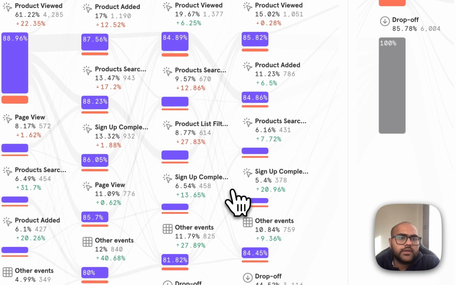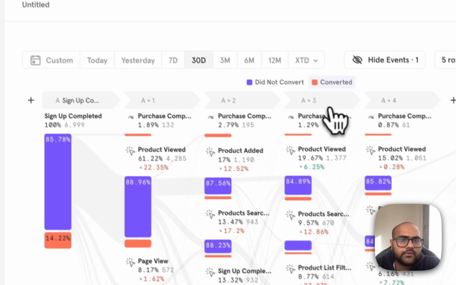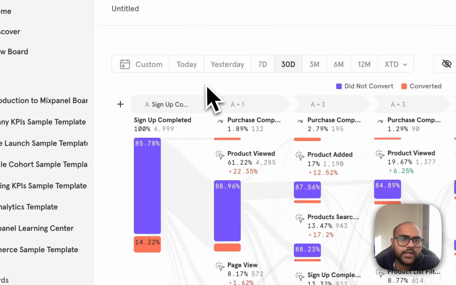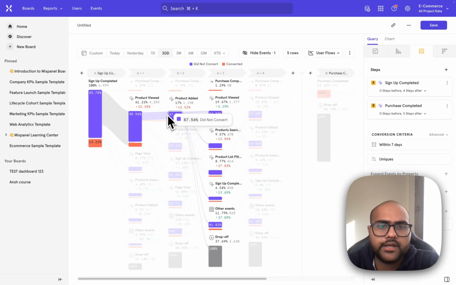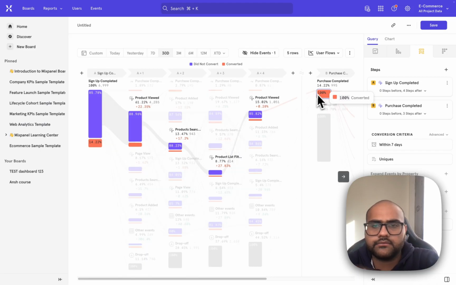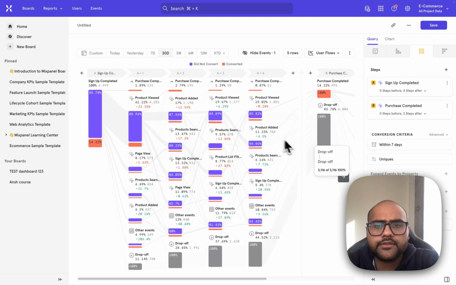Okay, great. So this is what we see. Converted is in orange, so you can look at orange. Okay, they completed sign up, they viewed a product, they added a product, again viewed, added, and ended up completing a purchase. Whereas if you look at the dropped off users, which is